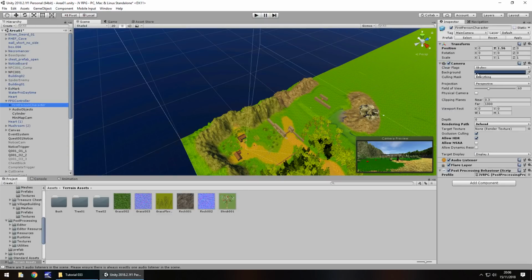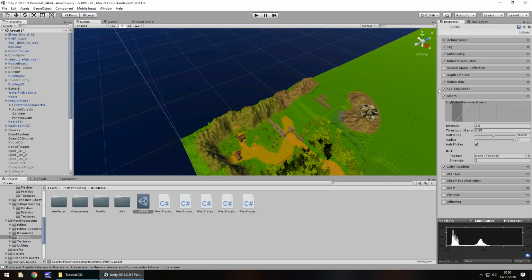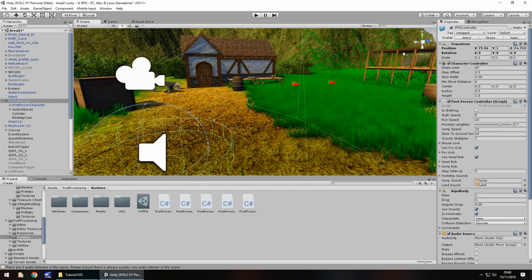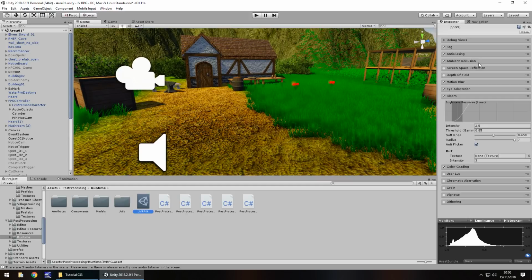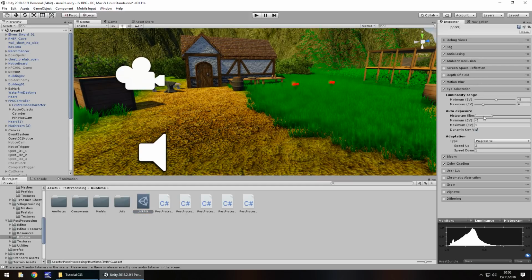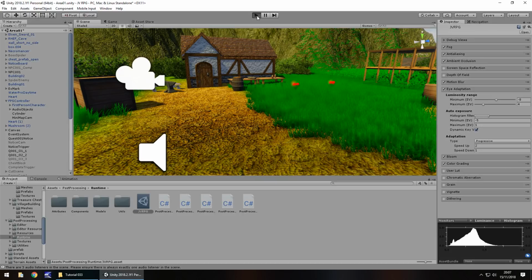Let's go to our first person character and click on the profile, change the profile, and let's tick eye adaptation. Let's zoom in so we can see a little bit more. And what we can do is make sure on the eye adaptation right there we have our histogram filter where you would want it to be, because again, like I said, if you need to know anything you can always hover over it, but basically the histogram filter is a way of defining how bright things can be. So if we have the eye adaptation on,